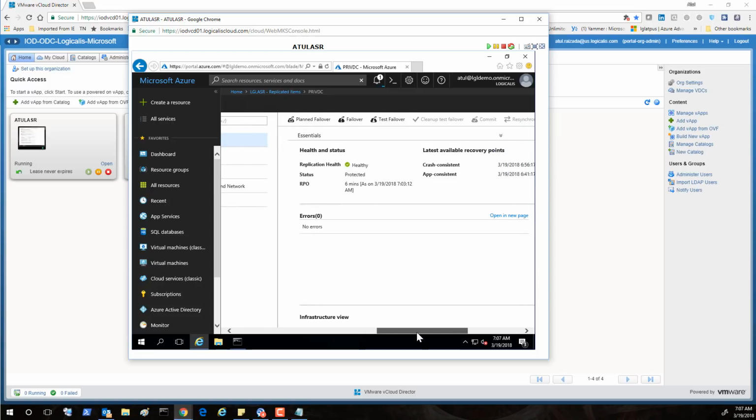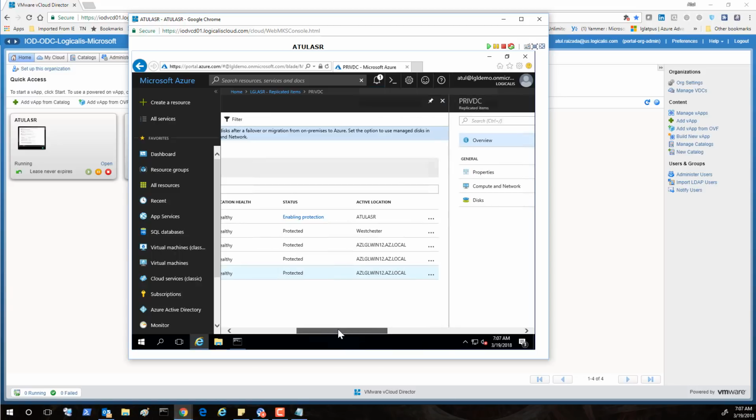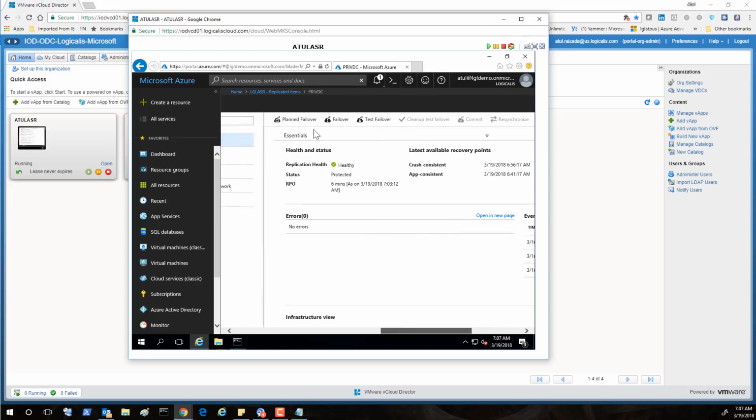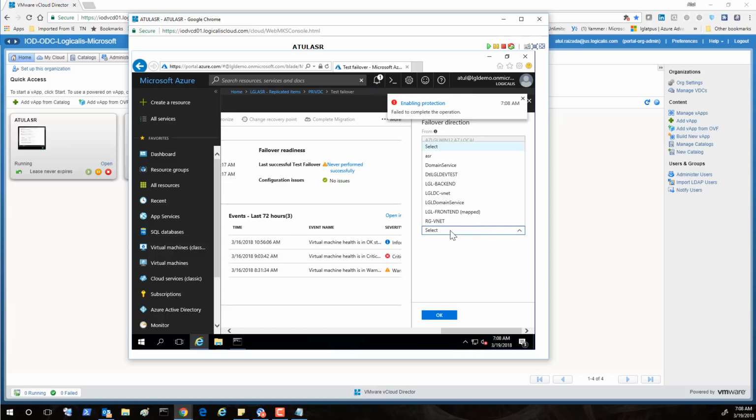So if I try to do a planned failover or a failover, it will tell me that, hey, you have never tried to test failover this, right? So now this machine, it says here, never performed successfully, right? So let's try to do a test failover and see how it goes. That's my latest RTO, which was 6:56, and I'm at 7:08, about 7 minutes back, right? And Azure Virtual Network,